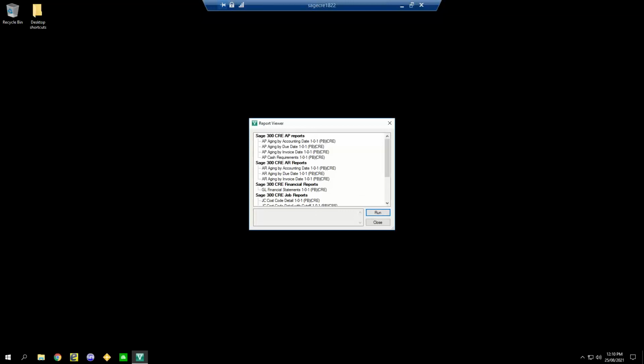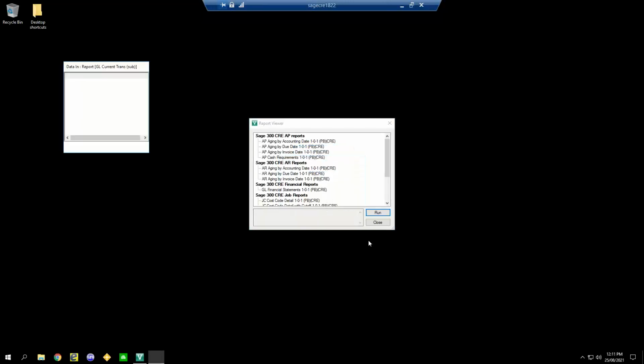So the next thing I want to cover is GL financial statements. I've only got one GL report here. I'm going to run it. Simple and easy again. Pop this up, scroll back to 2015. Click OK. Again, it takes a little while to go and get the data. Shortly I will have an Excel spreadsheet,